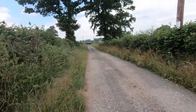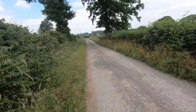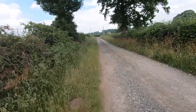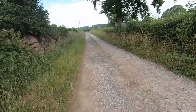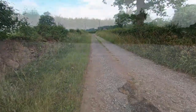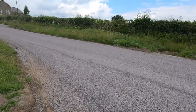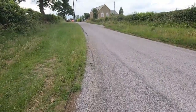So now we're approaching the end of Cramer Gutter, and the road you can see in front of us is New Road. We hit New Road and we turn left, and the chapel will be more or less on our right. So here we are on New Road, turning left up towards the chapel,